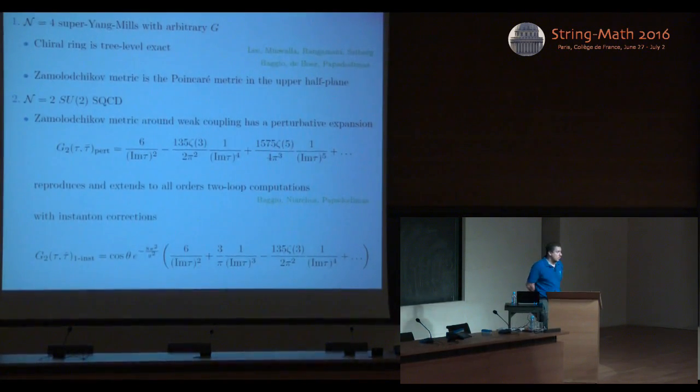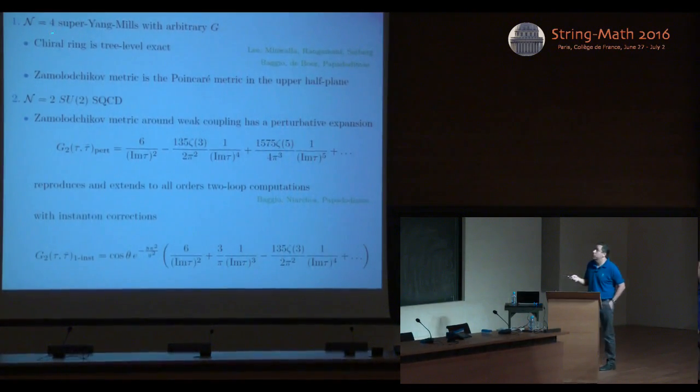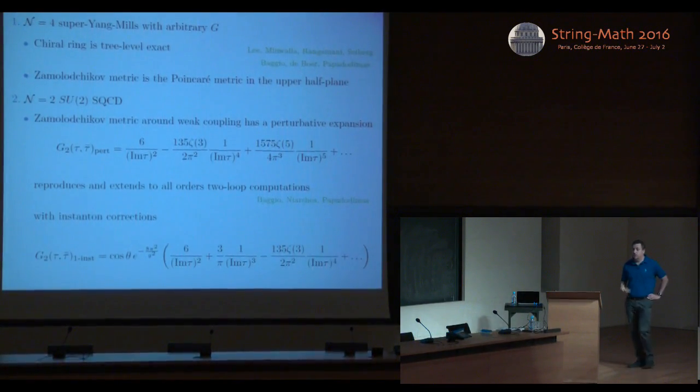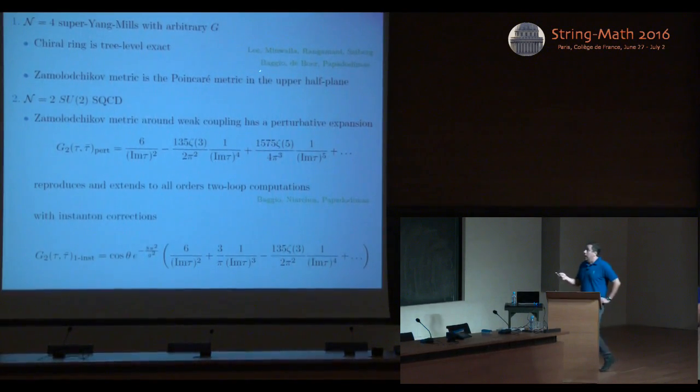So let's now look at some examples of how this works. Let's consider the simplest possible N=2 theory, which in fact has N=4 supersymmetry, which is N=4 super-Yang-Mills with arbitrary gauge group G. In this case, the chiral ring is not that exciting because the chiral ring is 3-level exact. It means that it receives no perturbative or non-perturbative corrections,